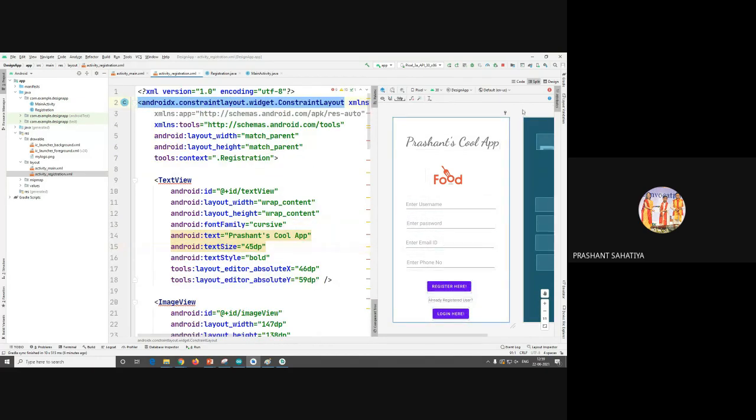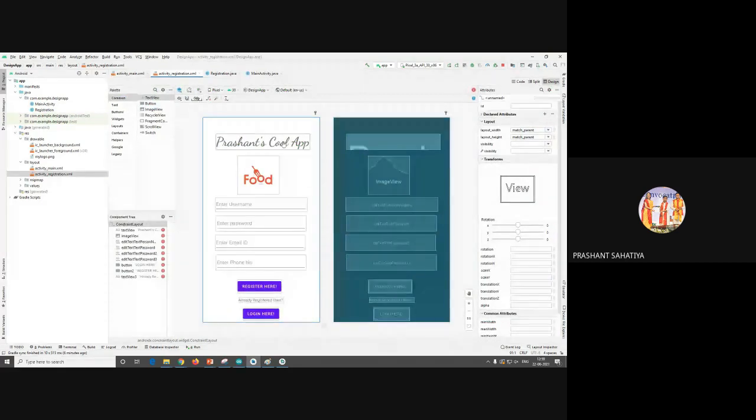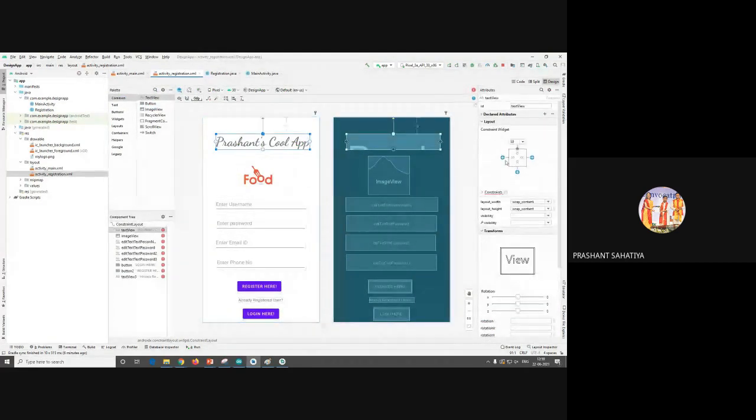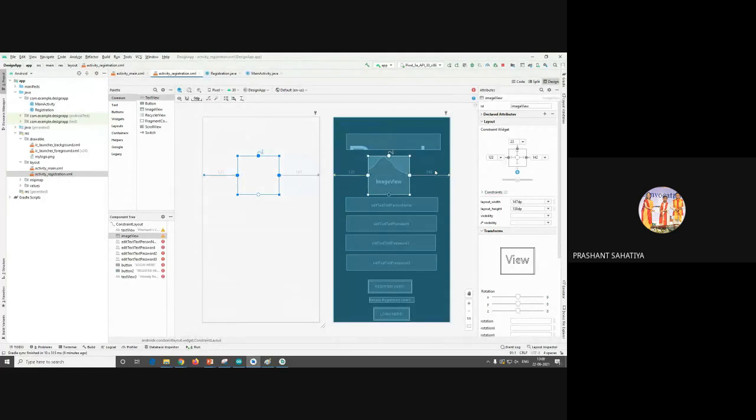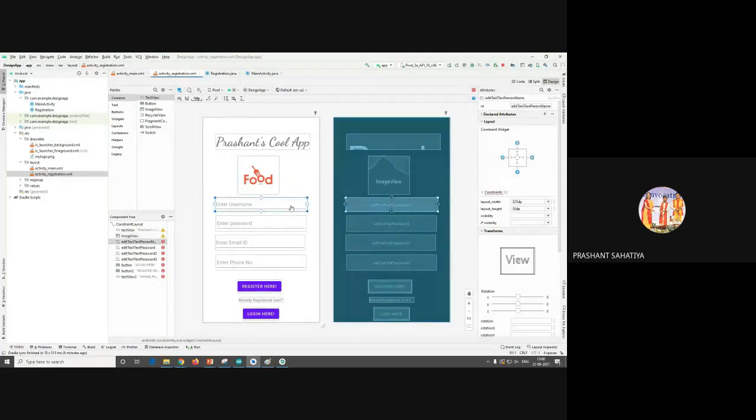Okay, now I'll add the constraints. Okay, top, bottom, and this, and bottom. One by one add each and every constraint, because I removed them, because I wanted to adjust this thing. If you do not remove them, it will not adjust in between. It will disturb you. So you need to first remove and then you can add it. Bottom is not to be done, top, left, right.